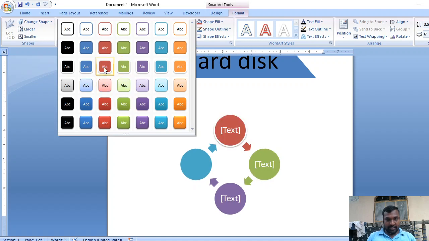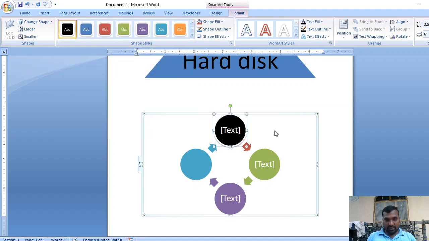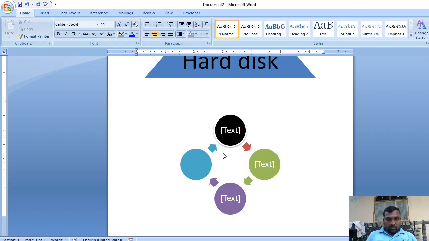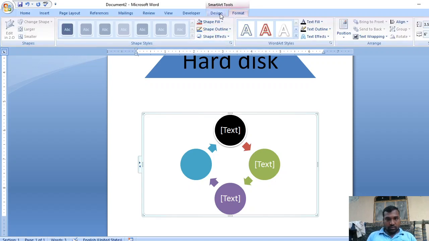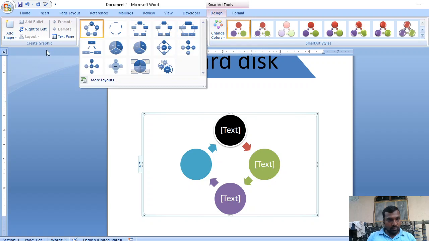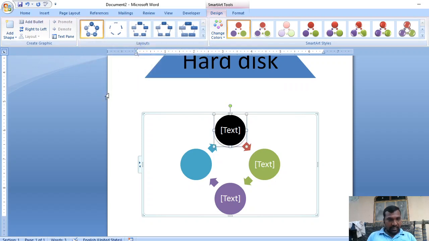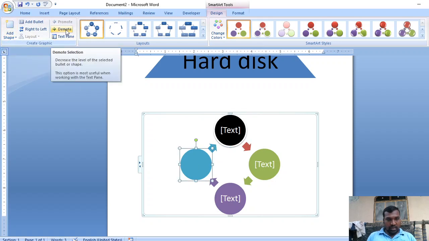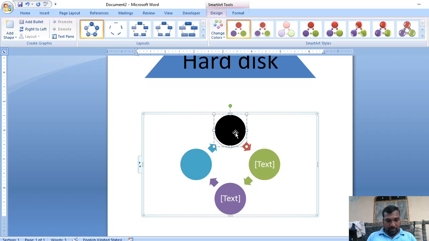So this particular shape style will be changed, right? And then now I am typing some text here.